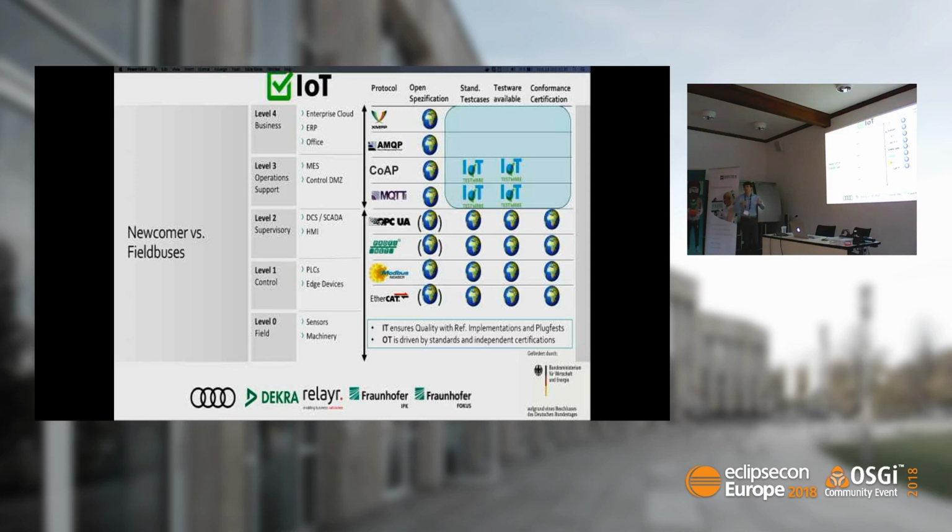But if you want to break this pyramid down and have just a distributed network, there was an empty space. There was nothing there. That was the main reason to initiate the IoT-Testware, because we wanted to fill this gap, go up the layers and include more protocols and technologies.